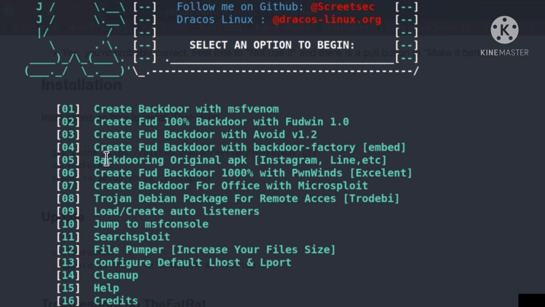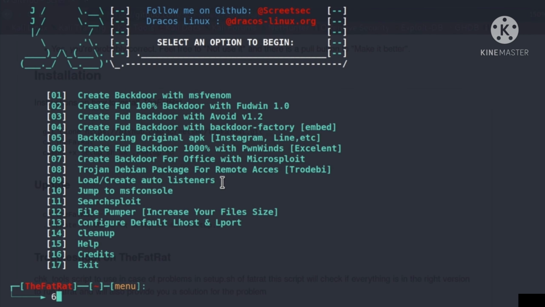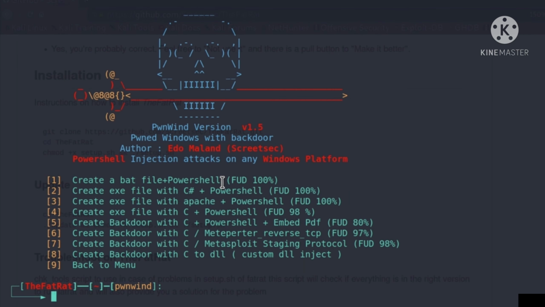You can also, if you notice right here, create a backdoor of the APK file, which would be for mobile phones. Okay, great. Let us go with any one of these. Let's go, for example, with number 6, which is create fully undetectable backdoor with PWN wins. It says in the brackets excellent, but keep in mind that even though right here it says fully undetectable, it most likely won't be fully undetectable because this tool right here isn't that new. Nonetheless, let us go with number 6 as an option,